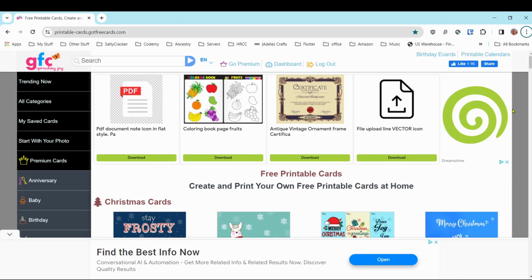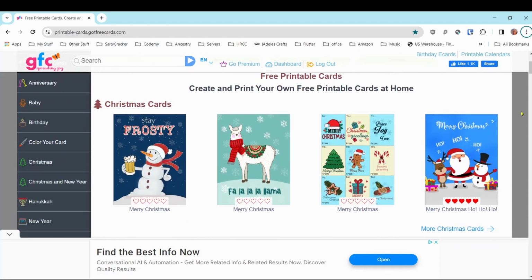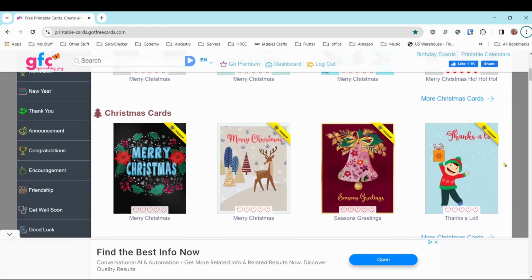Be very careful when you go on here if you're going to use the free version, because there's a lot of ads. This whole top row here is all ads. You don't get to the actual program till you get to here. And here you can start making your cards. If we go down further,